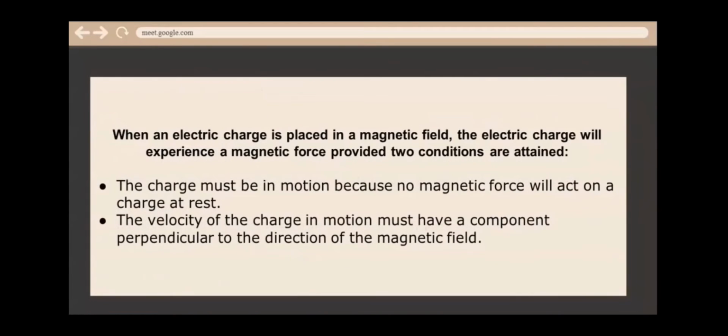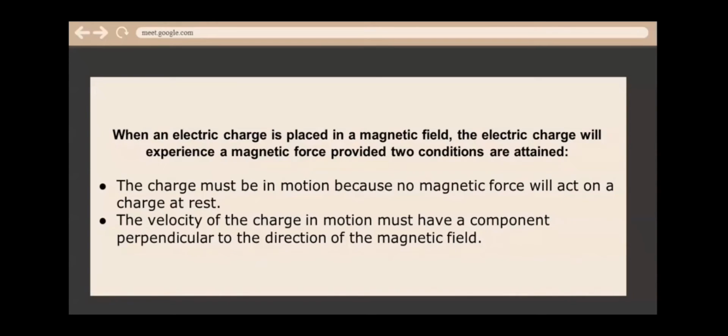So now we have learned about the interaction of electric and magnetic fields, as well as the motion of charged particles in the presence of both electric and magnetic fields. We also know the relationship of the force acting on a charged particle, which is given by the Lorentz force in this instance. Remember that in physics, the Lorentz force is the combination of electric and magnetic force on a point charge due to electromagnetic fields. We've also learned about the magnetic force acting on a current-carrying conducting rod when it is exposed to a magnetic